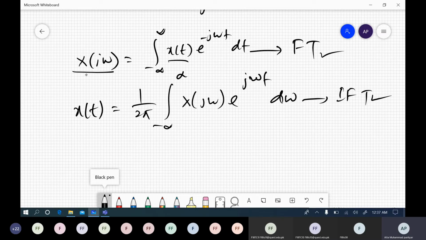If you are computing the frequency domain, always remember, if you have omega on the left hand side, then this must be always dt, the opposite, right? If we have the time domain here, you can see we are integrating with respect to the omega axis, right? If you are computing the frequency response of the signal, this exponent is always negative, right? If in previous classes I have written this as plus, that is incorrect. If you wish to compute the frequency response, this exponent is always negative. And if you are computing the time domain signal, given the frequency response, this exponent is always positive, right? So these are the points to remember.